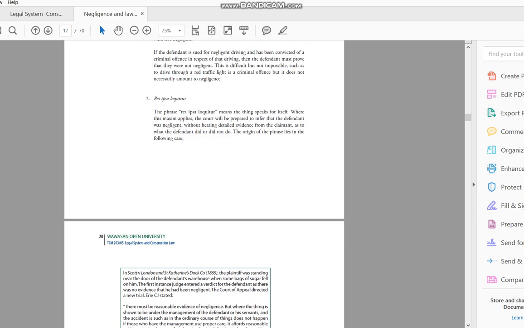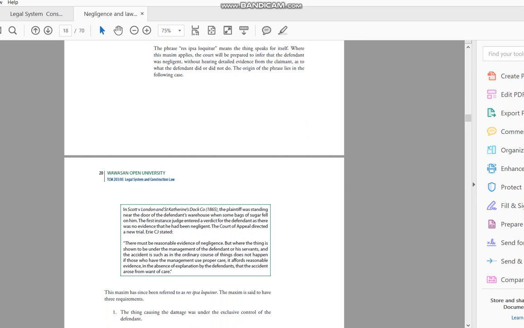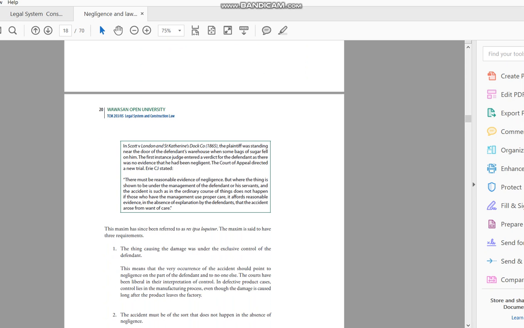So there is the saying of res ipsa loquitur, I don't know how to pronounce that actually, it's probably Latin, that the thing that causes damage is completely under the exclusive control of the defendant. So it's very obvious. It's your responsibility. You can control it. You should have controlled it. You didn't control it. So there is no need to talk about it anymore, no need to find evidence, no need to go through all sorts of hearings to prove the case.